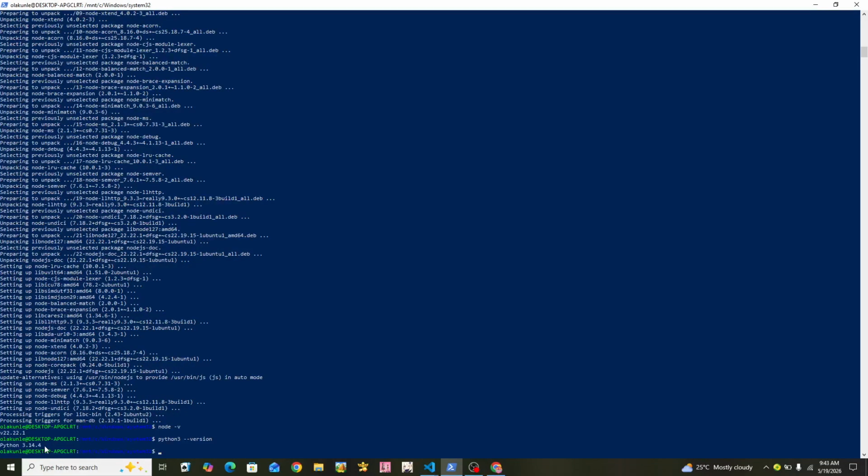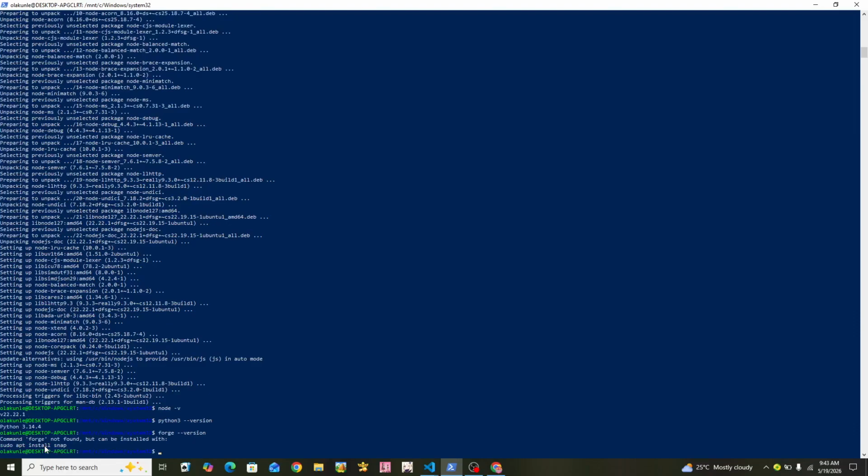The next is to install Foundry, which is the last on the list. So we don't have Foundry in this place. So if you try to verify if you have Foundry, Forge, if you type forge space version, it will tell us error, you don't have Forge. So to install Forge, type to install Foundry, curl flag capital L, curl space flag capital L space